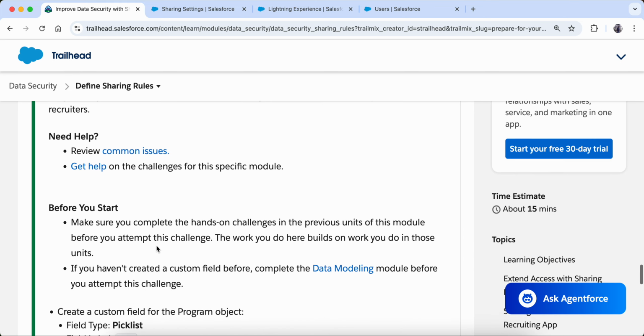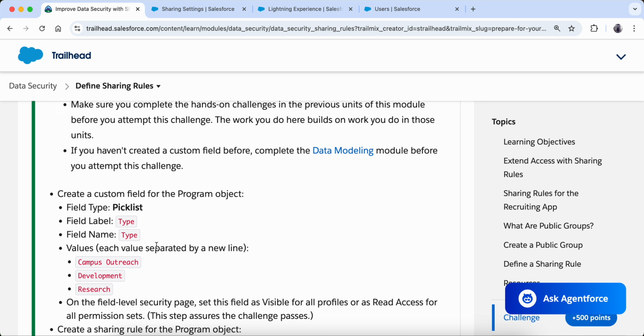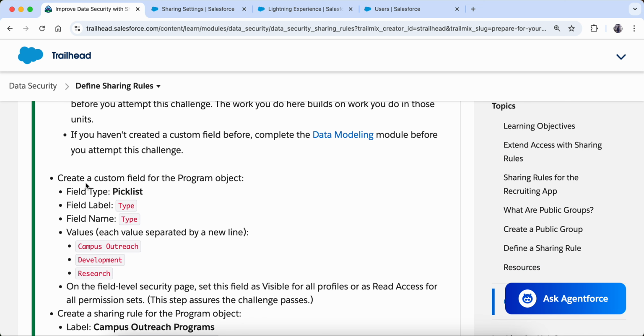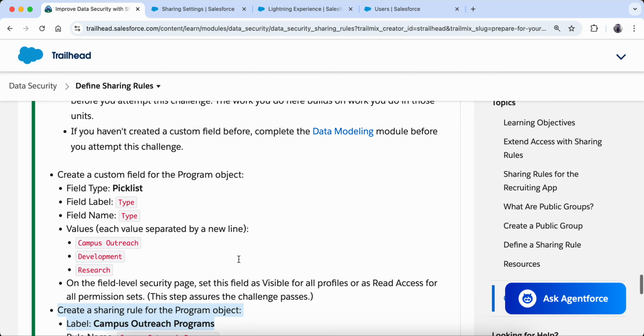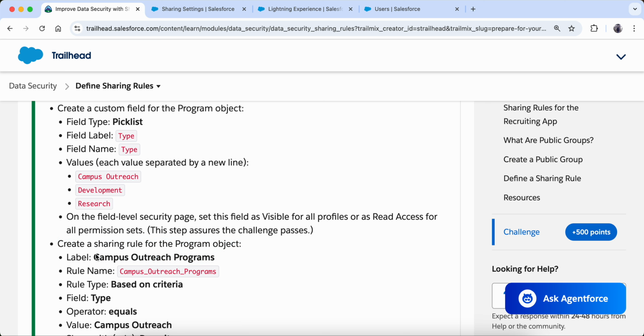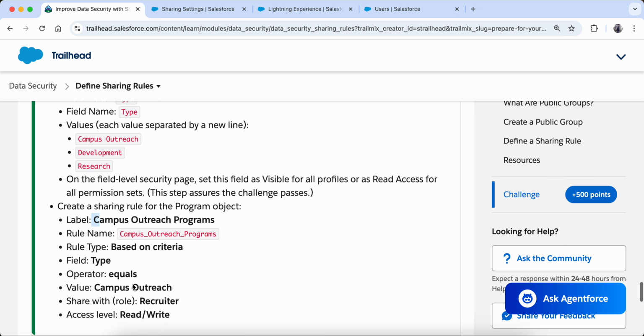Now this is only the hands-on challenge where they are saying that we have to, okay, they are asking us first to create a custom field. Okay, and then we have to create a sharing rule. Okay, and this sharing rule, the label is given, they are saying this will be a criteria based sharing rule. Okay, so based on criteria, and now look, they are giving the conditions that how can we give a criteria.